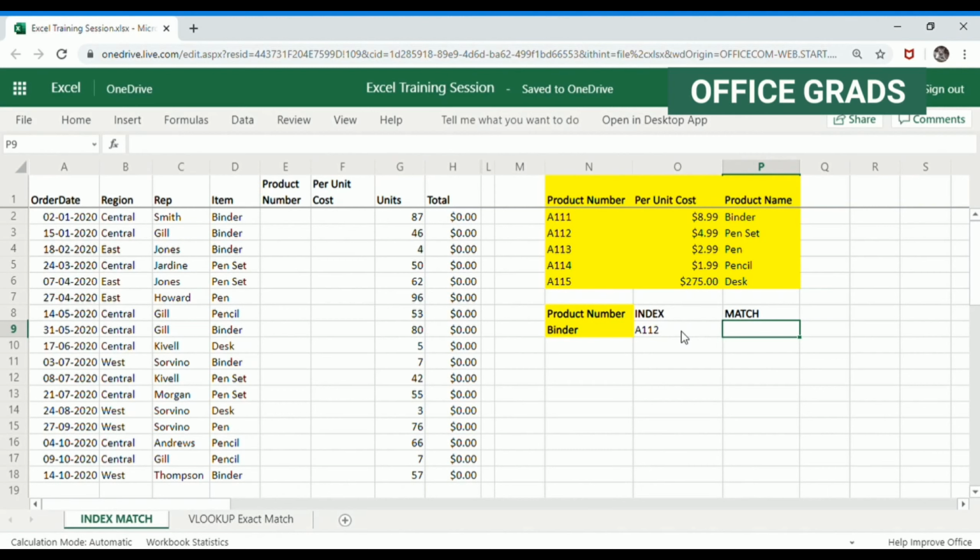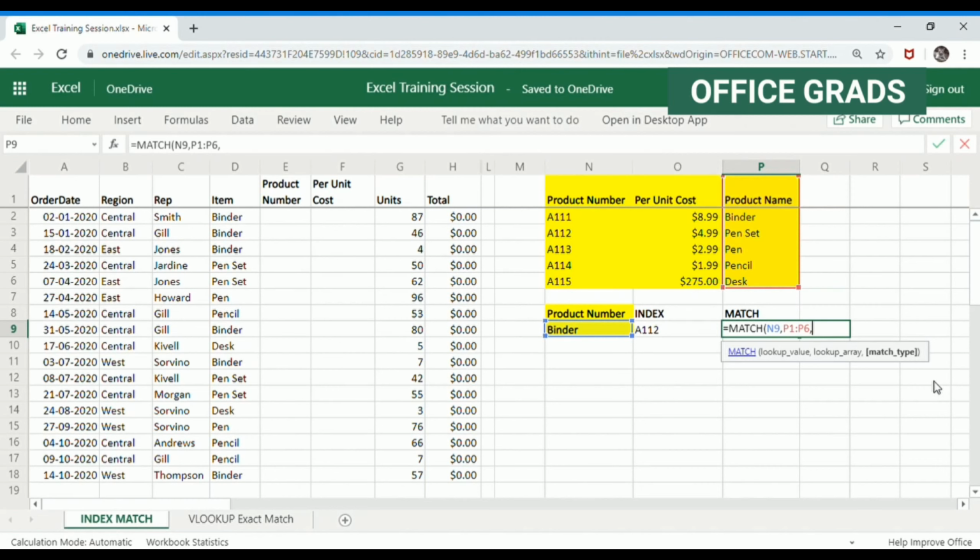Okay. So let's try adding match formula over here. So I'm typing match, so equals to match bracket open lookup value. Now I'm looking for this binder, comma, it is available in which column, right? So it is available in this column. So this lookup value is available in this column. So you will have to select the appropriate column, comma, match type. This step is a very important step. If you miss it, you might end up getting incorrect information.